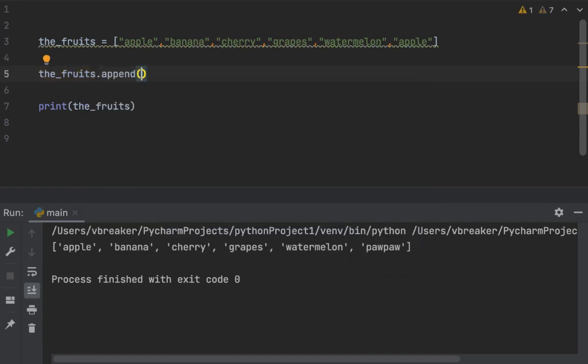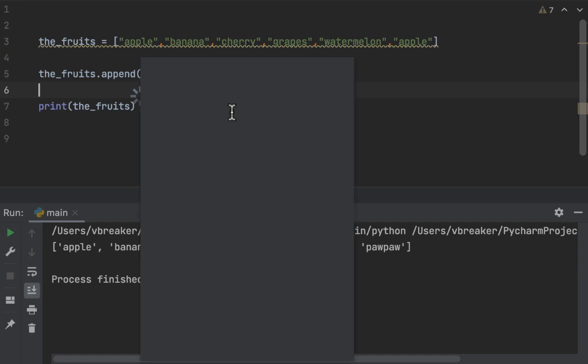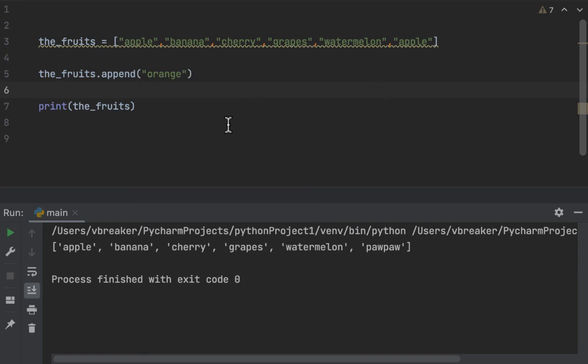And the append wants an object. All these are objects in the list. So it's asking me for an object I want to pass through here. Then I'm going to pass one object, which is orange, which is not in our list. Just type orange. Then now when we print,